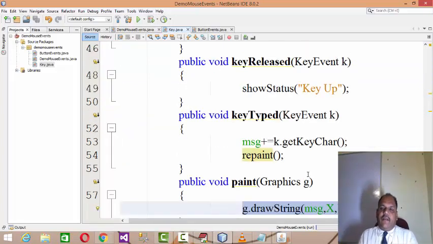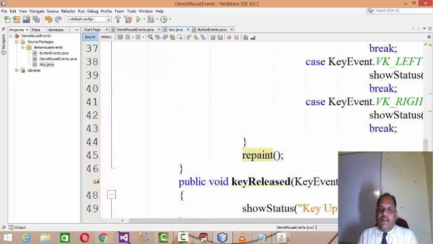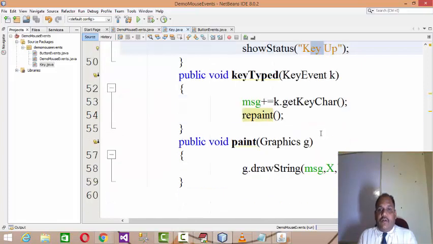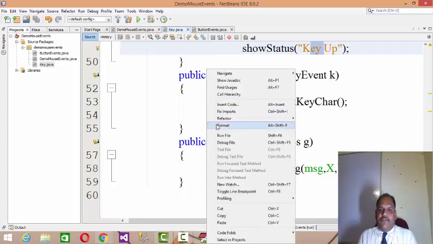Here I'm trying to demonstrate that the key listener listens for events from the keyboard: key press, release and type. If you press a key, whether it's an up arrow, down arrow, or left arrow, we prompt the corresponding message. If you release the key, it shows "key up" in the status. If you type keys, all the characters are concatenated to the message and we print it over there. Let's run this application.